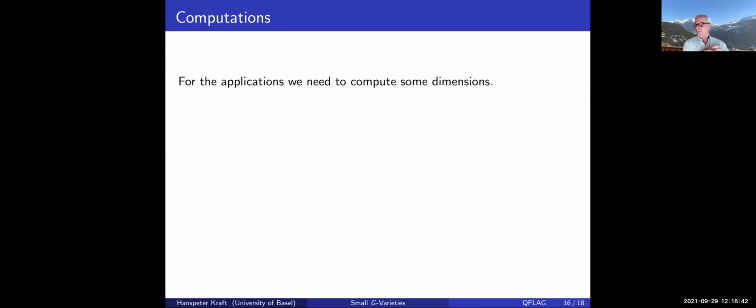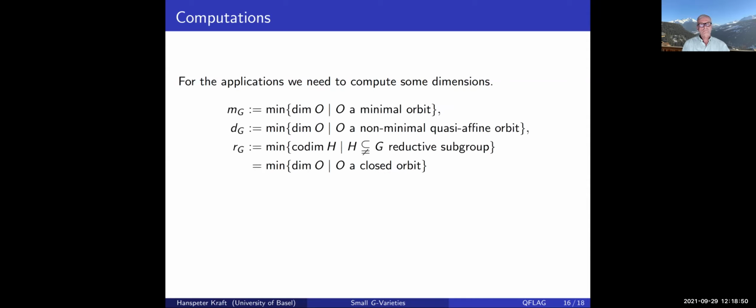Now, if you want to make any application, we need to compute some dimensions. And this was quite a lot of work. So let me introduce the following objects. Mg is the minimal dimension of a minimal orbit. Not all minimal orbits have the same dimension, so this is the minimal dimension of a minimal orbit. Dg is the minimal dimension of a non-minimal orbit, so the other ones,